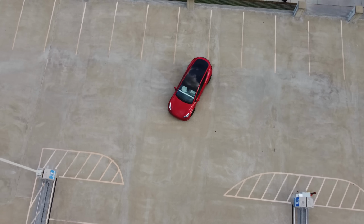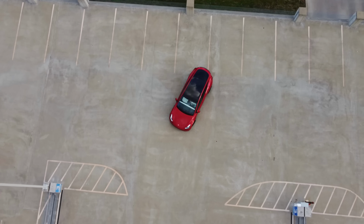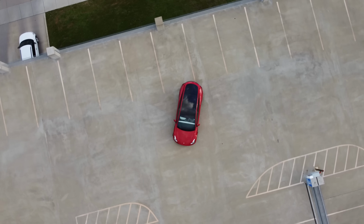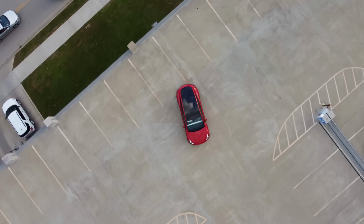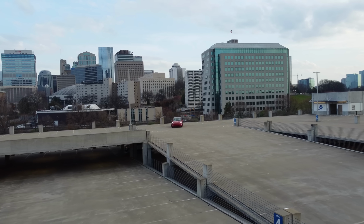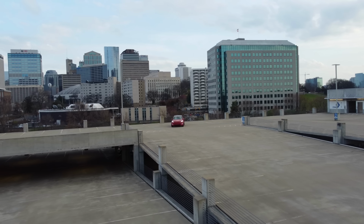Overall, the Tesla Model Y is a pleasure to drive. It has excellent performance, comfort, and handling, making it a standout choice for anyone looking for a fun and efficient electric crossover. The Tesla Model Y is a game-changing electric crossover that offers a unique blend of style, technology, and